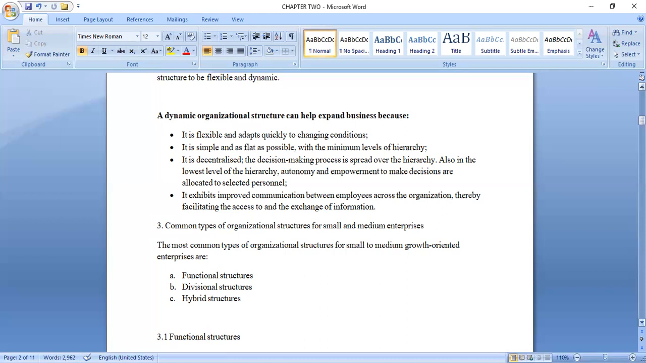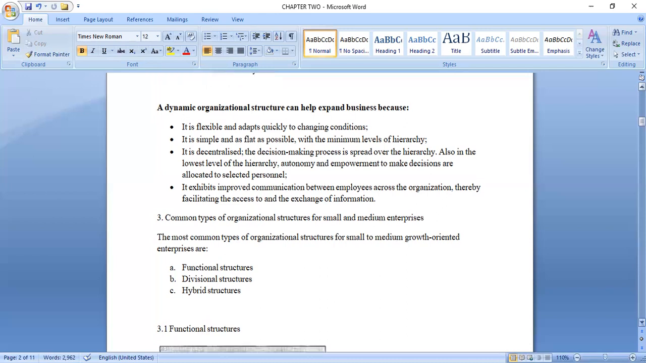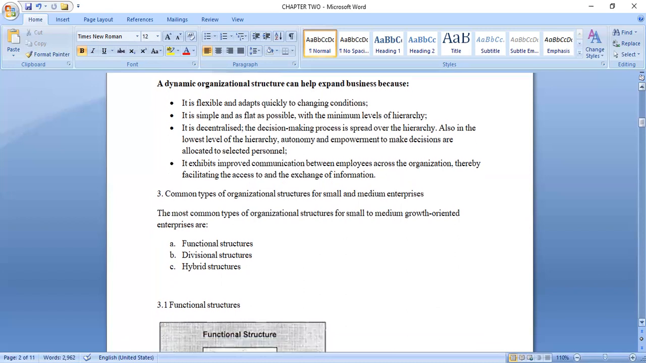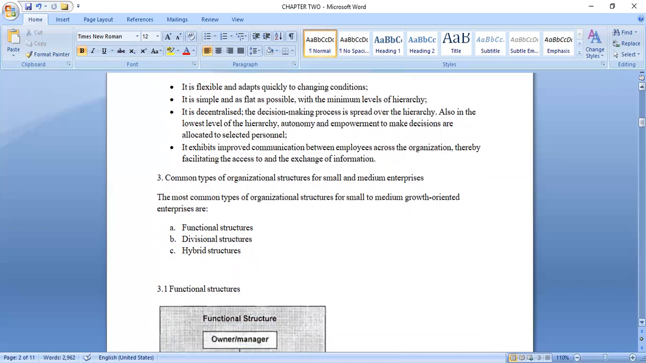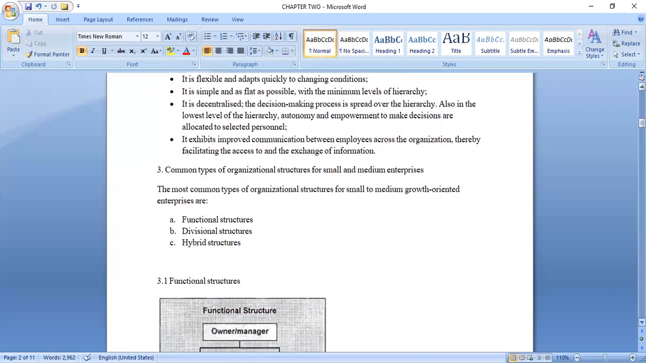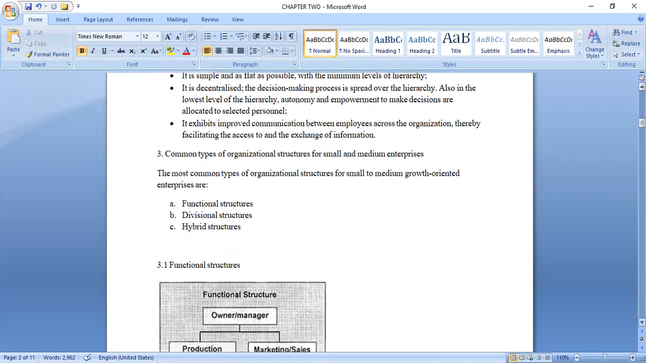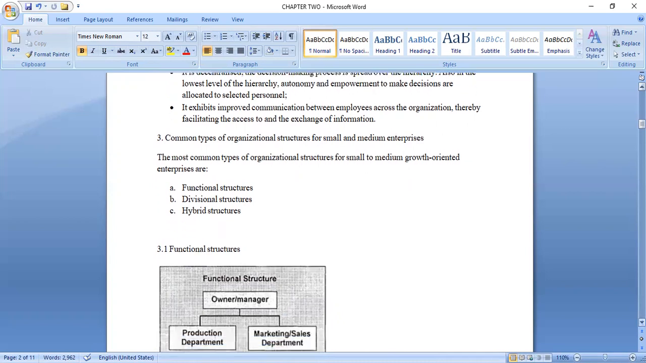The orders will not come from above for decentralization, but rather everyone will be a participant in terms of contribution to decision making, right? And then it helps in communication between these employees. When these dynamic organization structures are in place, the communication will be easier than when there is totally no organization for these